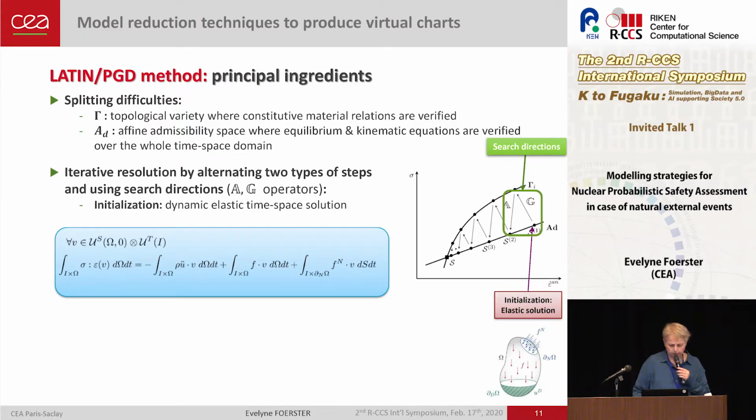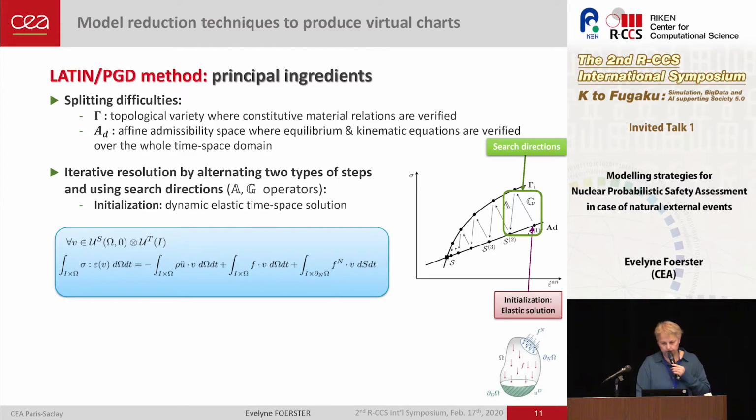So the principle is to have an iterative resolution by alternating two steps and having search directions, and the main point is to have a global time-space solving at once, and to have different back and forth with respect to